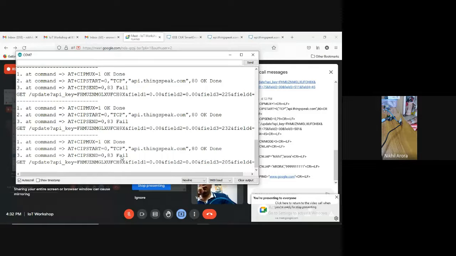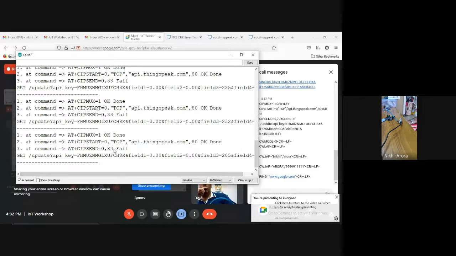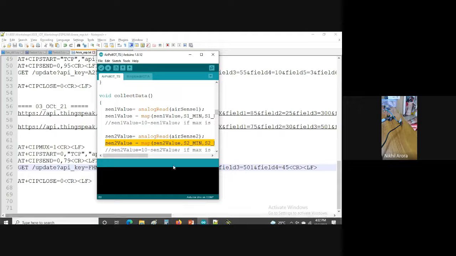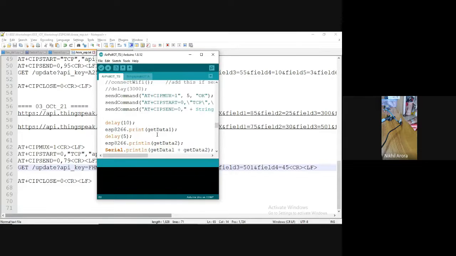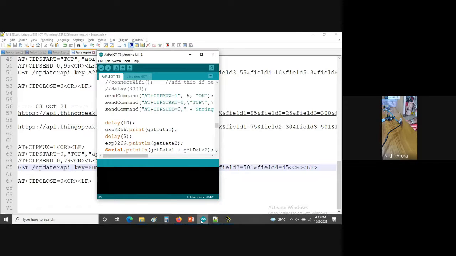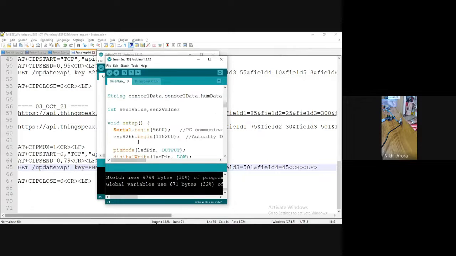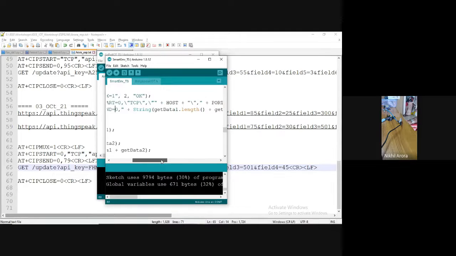Oh, SIP send is failing continuously. That 0 is not required, right? It's extra, so we can remove that extra 0 from the code. This can be removed.